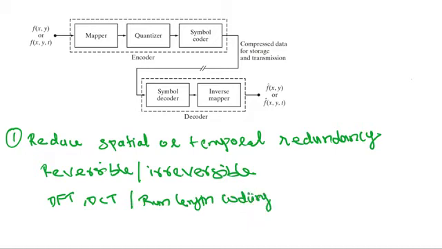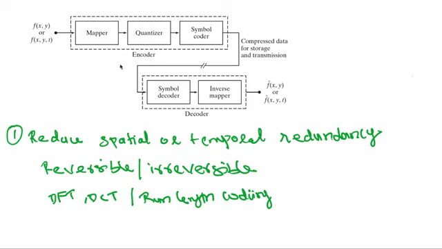Run length coding. Okay, so we have seen what is run length coding. That is, if you have several pixels that are located adjacent, then we will group them and just take the number of pixels and the intensity of that pixel. So that is the idea of run length coding. In DCT or DFT we will be storing the frequency information of the image, so we are actually converting one set of quantity into a different set of quantity, so that it will reduce the number of data to be stored to preserve the same kind of information. So this is the idea about mapper.